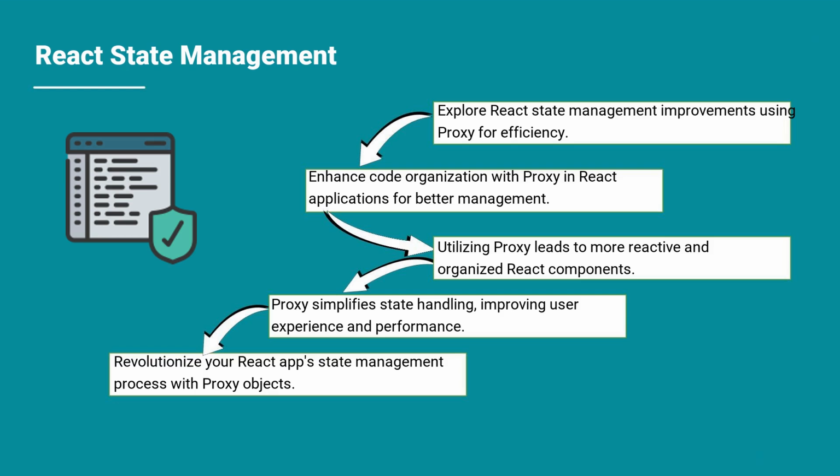So far, we learned about the significance of state management in React applications and the introduction of a custom hook called useCurrent. This hook addresses the challenges of asynchronous state updates by storing state in an object, improving state retrieval and minimizing re-renders. We explored its integration in components for handling simple counters and toggle states, demonstrating its flexibility and efficiency. Additionally, we discussed how useCurrent enhances user experience in forms by providing real-time input management without state lag. Now, we will cover how using the proxy object can revolutionize state management, leading us to more reactive and organized